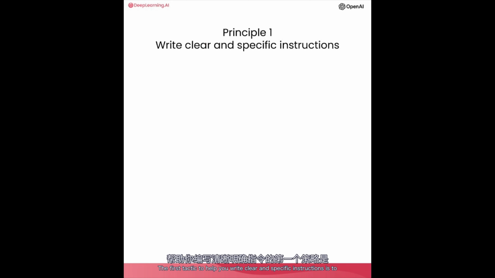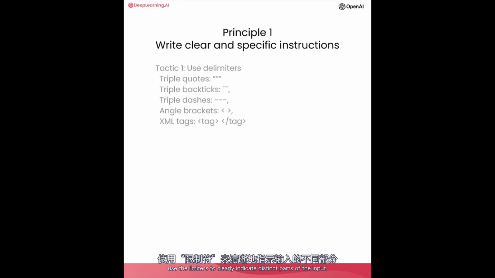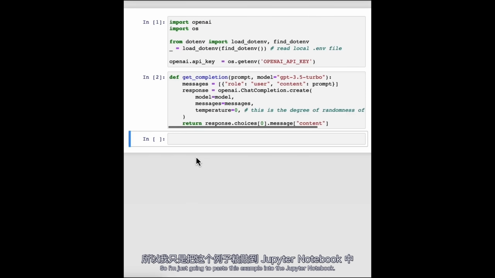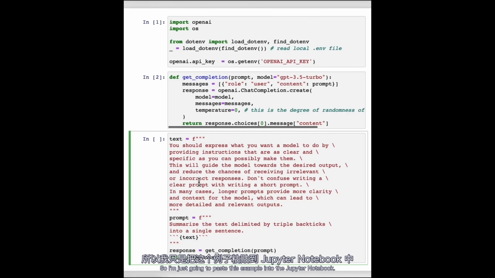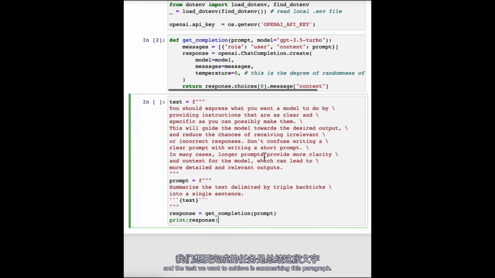The first tactic to help you write clear and specific instructions is to use delimiters to clearly indicate distinct parts of the input. And let me show you an example. So I'm just going to paste this example into the Jupyter Notebook. So we just have a paragraph, and the task we want to achieve is summarizing this paragraph. So in the prompt, I've said, summarize the text delimited by triple backticks into a single sentence. And then we have these triple backticks that are enclosing the text. And then to get the response, we're just using our getCompletion helper function, and then we're just printing the response. So if we run this,